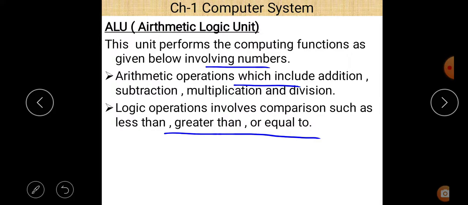So basically, the arithmetic and logic unit performs two types of operation. Arithmetic operations mean addition, subtraction, multiplication, division. And logical operations simply mean comparison: less than, greater than, less than or equal to, greater than or equal to. All these types of operations are performed by the arithmetic and logic unit. And the register, which we discussed earlier, is basically the smallest memory inside the CPU, and it provides storage for the CPU, or storage for calculations done by the arithmetic and logic unit.